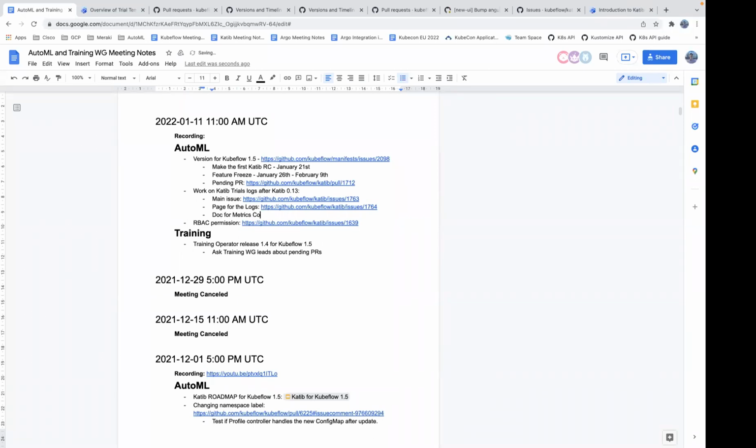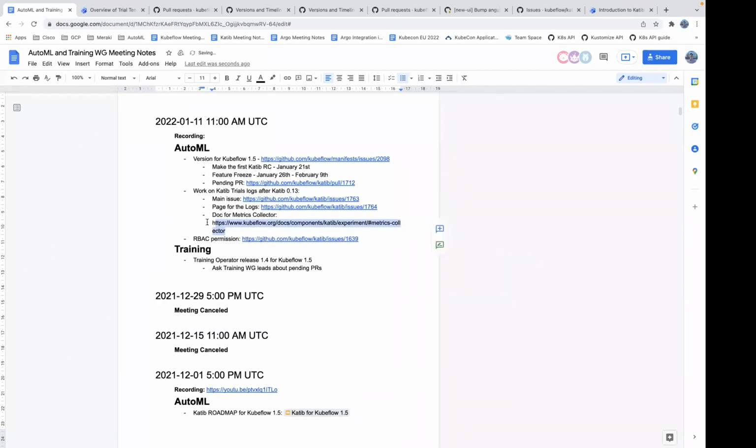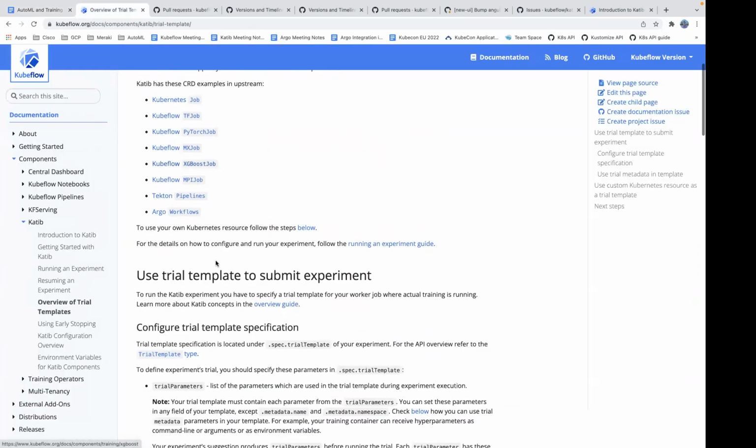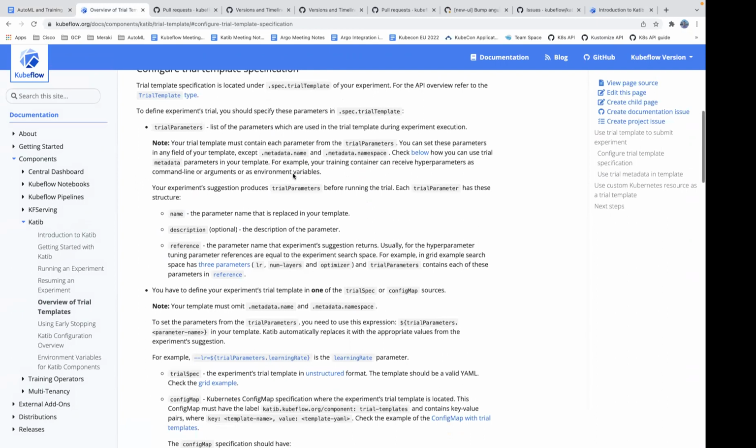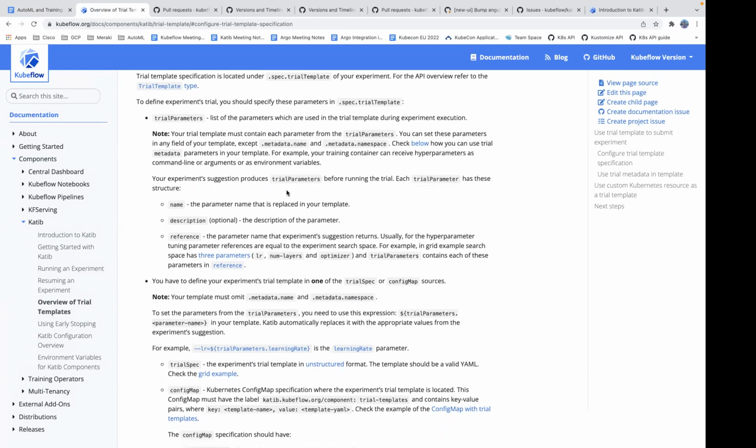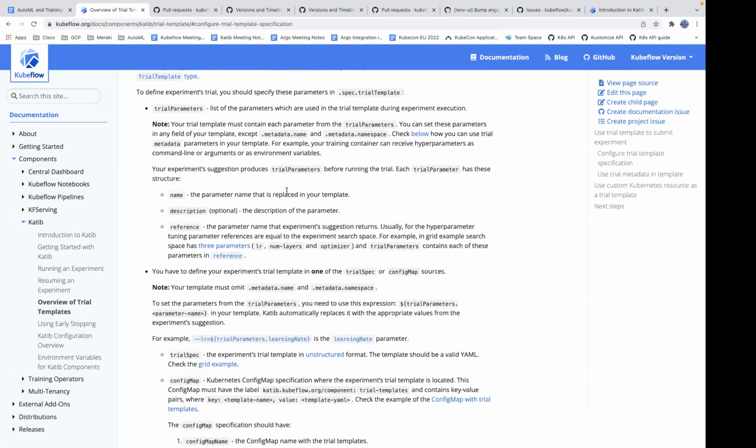Oh, and one question, since we just saw: wasn't the metrics collector logic for detecting which is the primary container also blocking us from using sidecars in the workloads, or was this a separate discussion? And I'm mixing the two. What do you mean by sidecar workloads? I don't remember if Istio sidecars were blocking the metrics collector from detecting which is the primary container, or is it unrelated? Yeah, I think with Istio it was a problem with the proxy, right? It was another story, right?